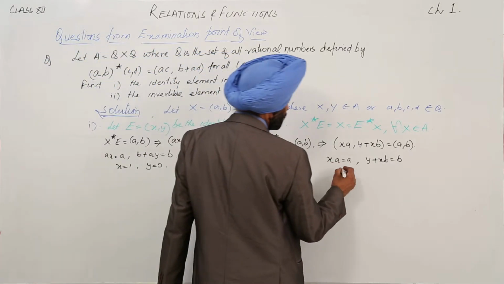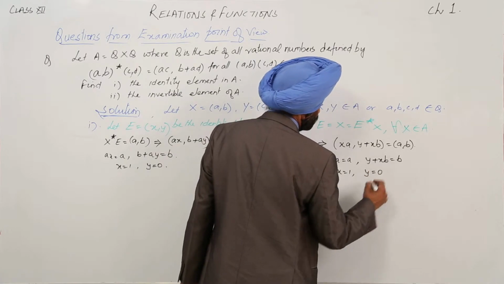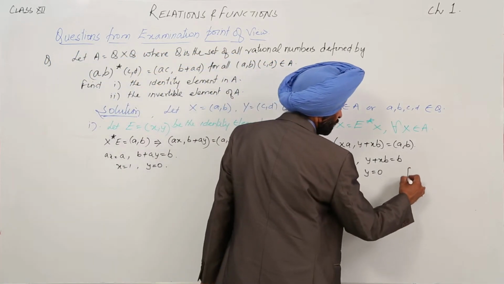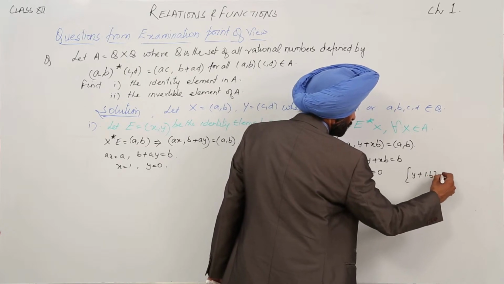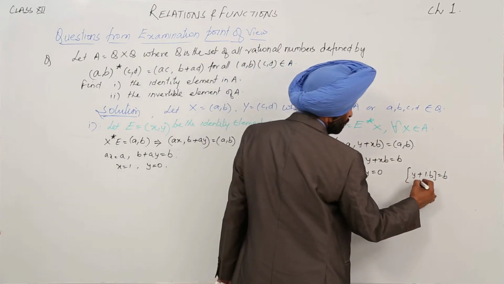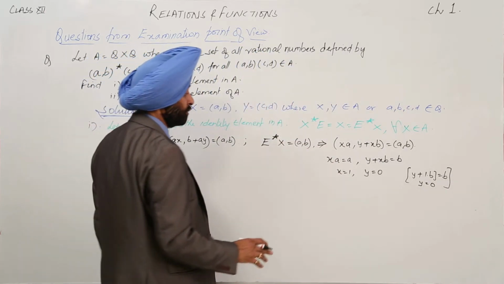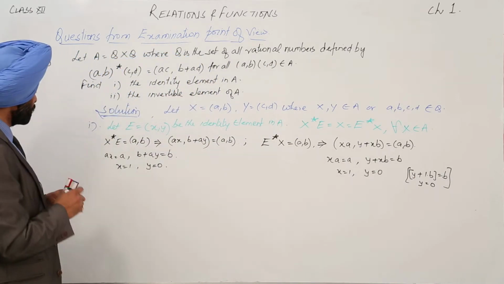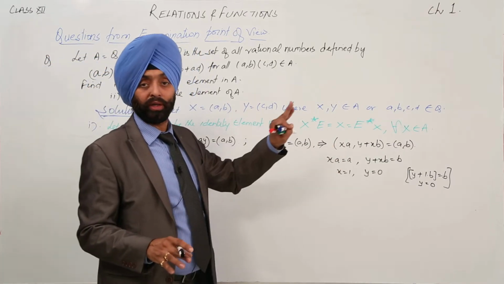Okay, so here we can write it now, x is equal to 1 and again y is equal to 0. How 0? Because we can write it now, (y plus 1) times b is equal to b. In place of x we are putting x is equal to 1, so we are getting y is equal to 0. Simple calculation part for this part. Now we have finished x is equal to 1, y is equal to 0. For the second part also x is equal to 1, y is equal to 0.